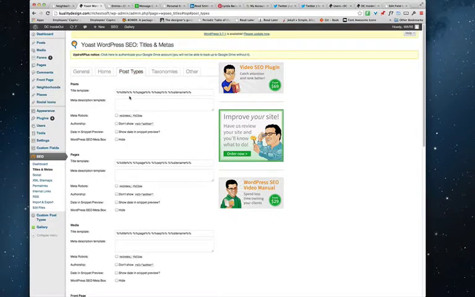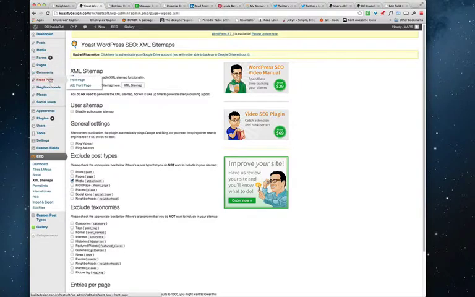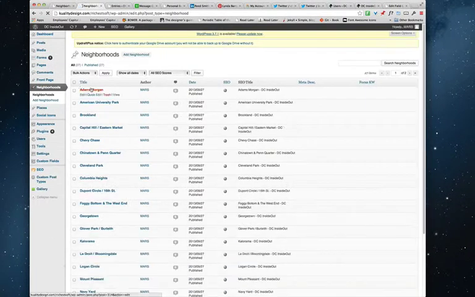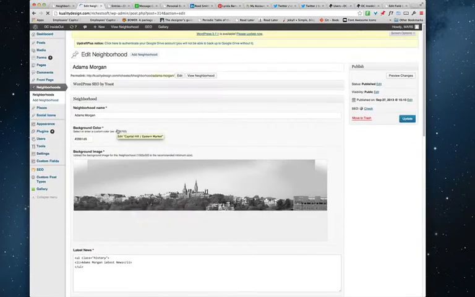really neat. You can go into different post types and give each its own meta description. You can even go here into the XML sitemaps, and it generates a sitemap for you. The neatest part is you can go into a post type, any page, and when you go in, it'll have a new area